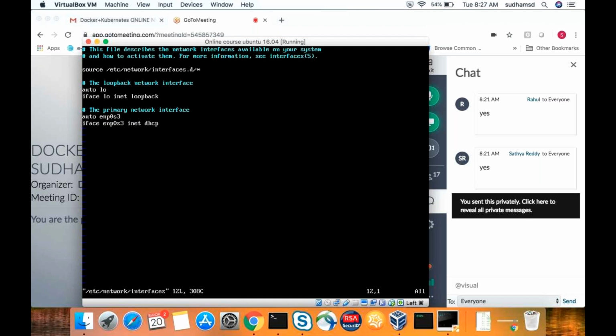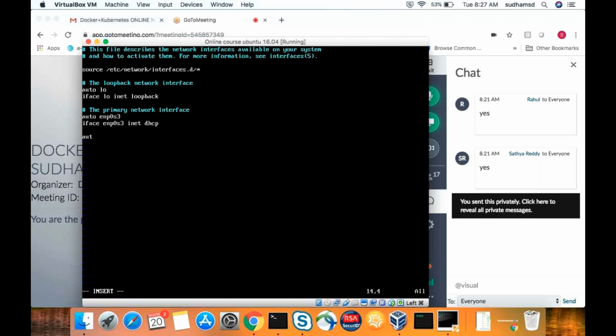Or else you can create a separate file for each one, which can be created under /etc/network/interfaces.d. You can see here the first line, source. So you can create a separate file, but the file name should be like your interface name, enp0s3, lo, enp0s8, like that.